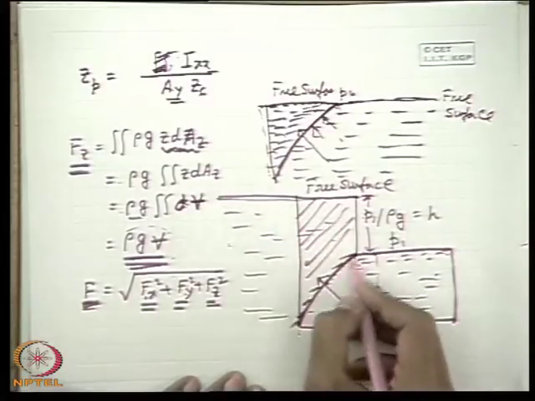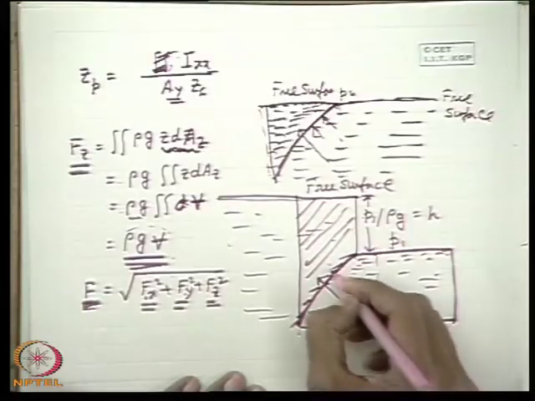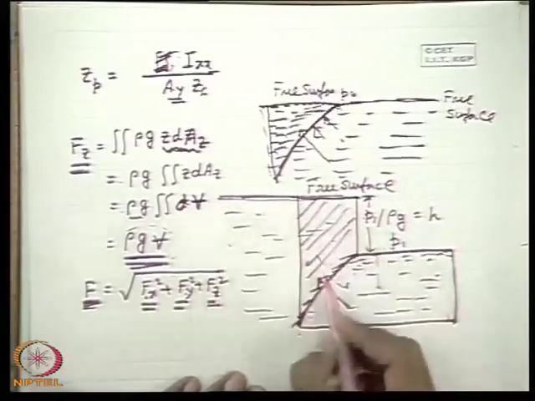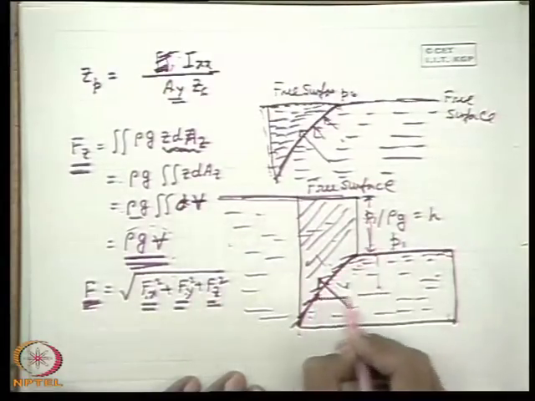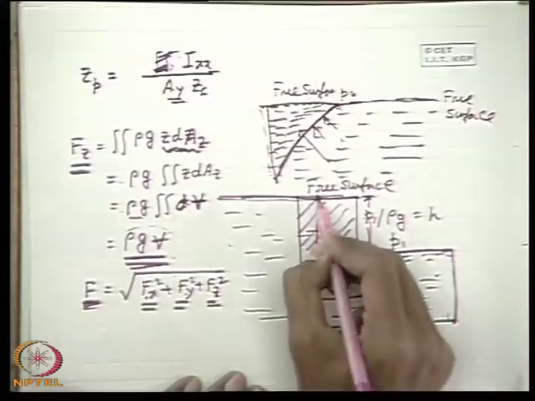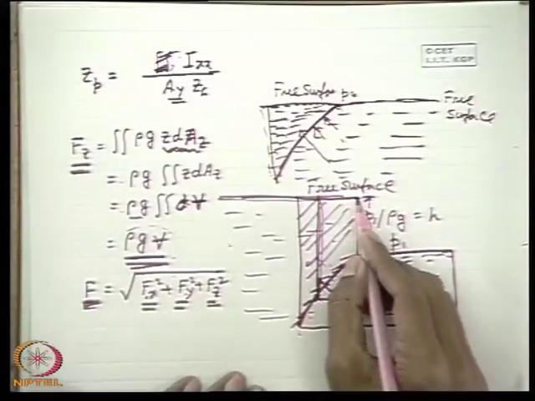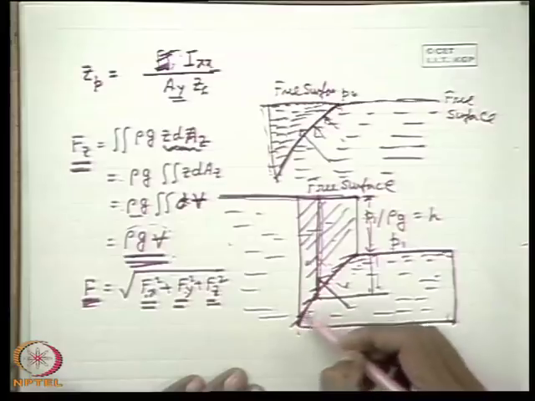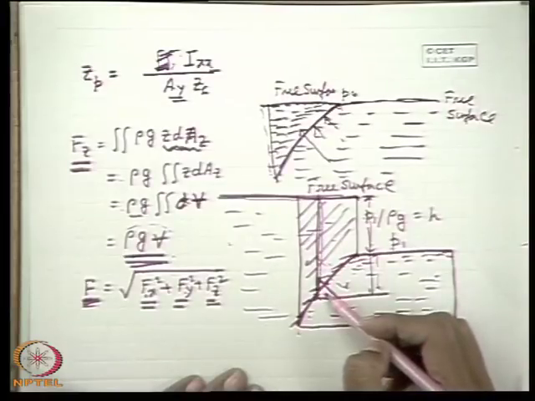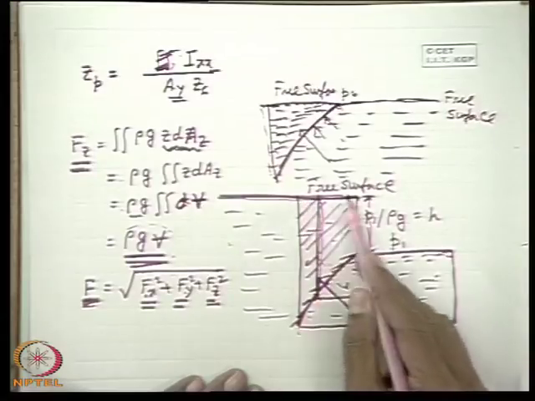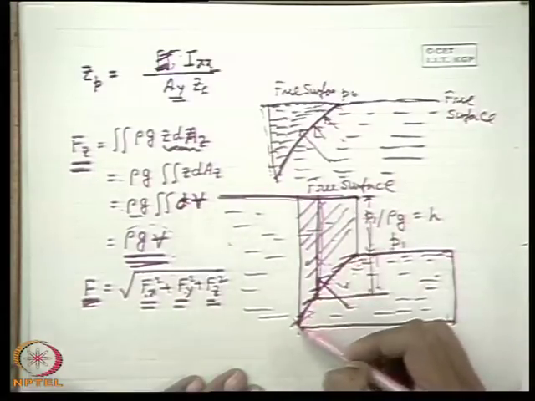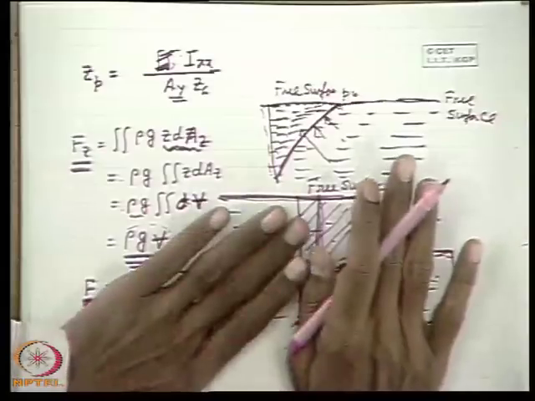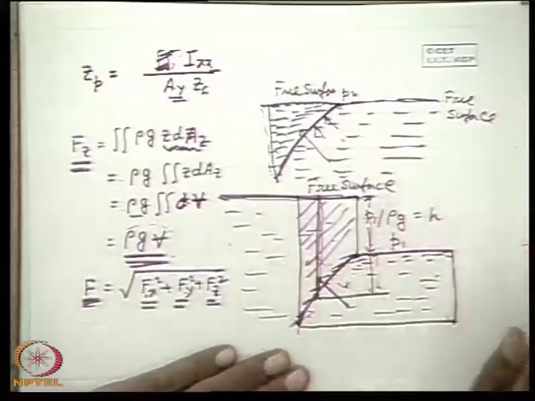If this is a free surface and the surface is submerged, then the force on this side will be in this direction. Here, because of this pressurized chamber, it will be in this direction, because the pressure here will be this pressure plus this height, which will be the same as this vertical height. That means we extrapolate from the pressure a free surface; this is known as the imaginary free surface concept. Sometimes, to find the vertical component of force easily, if we feel that geometrically it is easier to find the weight of the liquid vertically above the curved surface up to the free surface, then depending upon the situation we can think of an imaginary free surface.